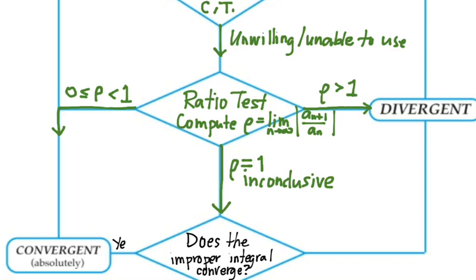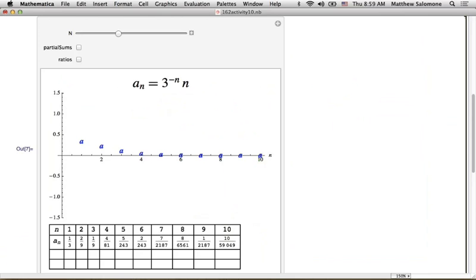So here's what I mean by that. And we'll go back to the sorting hat in a minute. Remember this series? n divided by 3 to the n, which Mathematica has sort of rewritten here. This was a series we looked at as one of our first comparison test examples because it came up in a homework problem. We were trying to assess whether this series, n over 3 to the n, starting at 1 going to infinity,